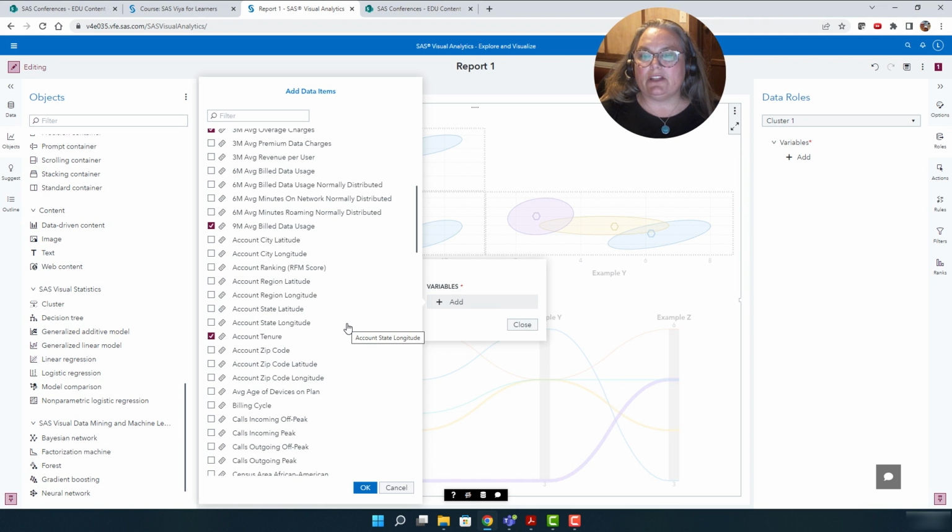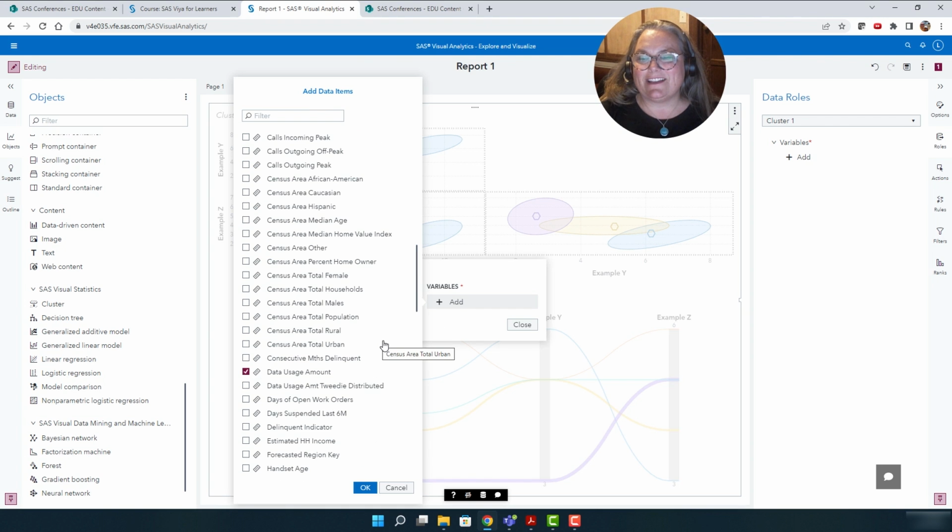Remember, what we're going to do here is group observations that are as similar to each other while being as different from the others. So that's what's going to happen with this cluster analysis.